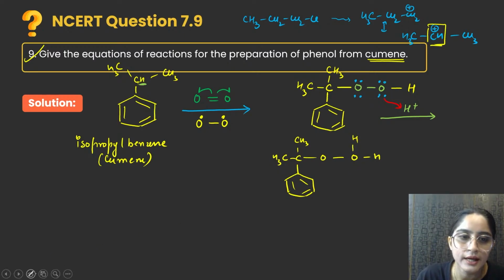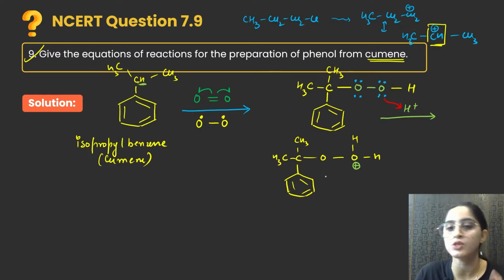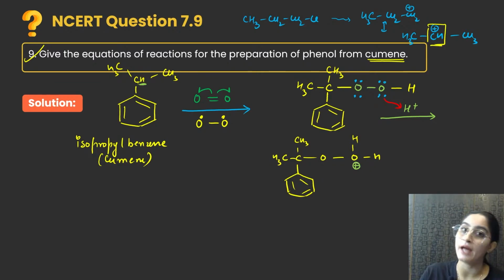Now beta, in this case you saw that you have 3 bonds here. That means this one oxygen is positive, right? Oxygen used to make just 1 bond. Now it is making 3 bonds, right? So now what will happen? Now oxygen also cannot handle a positive charge. So it will take out electrons, right? It will take out electrons and it will be taken out as water.